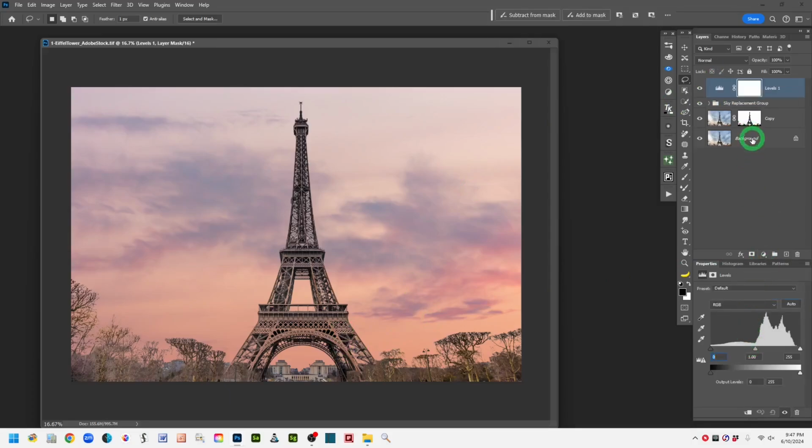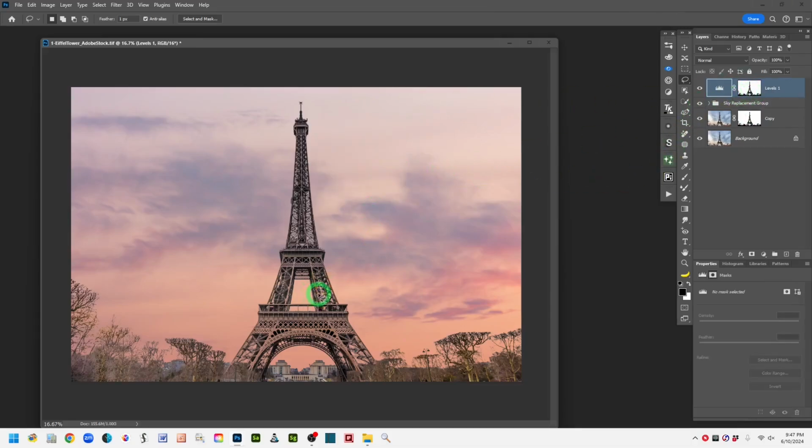Maybe we could see if levels would work here. And let me Alt or Option-copy this mask up to this layer, replace, yes. Again, I want to affect the architecture and the trees, so that means they have to be white on the mask. So in the Properties panel for that levels, I'm going to invert that mask so we won't affect the sky. And with the thumbnail active and the white frame around it to show it's active,